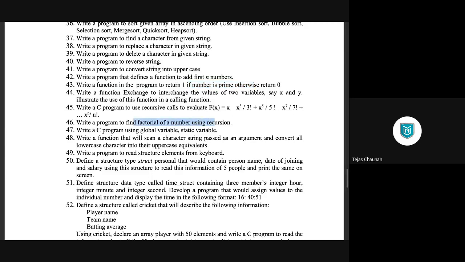Then the factorial program, and then the converting uppercase program. Okay. So 4 programs: 42, 43, 46, and 48. That is the plan to cover today. So let's discuss, and let me show you one of the programs, and then you'll very easily complete all